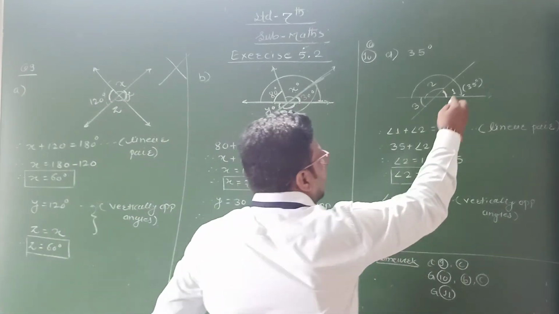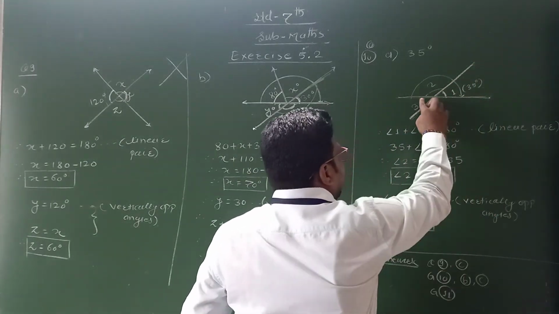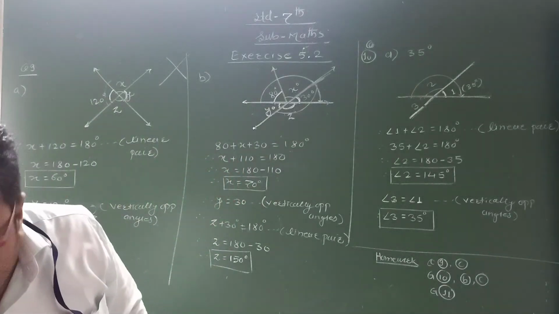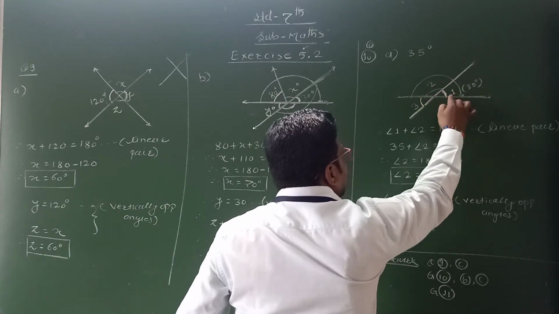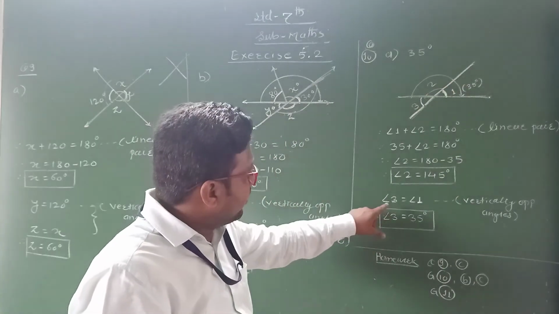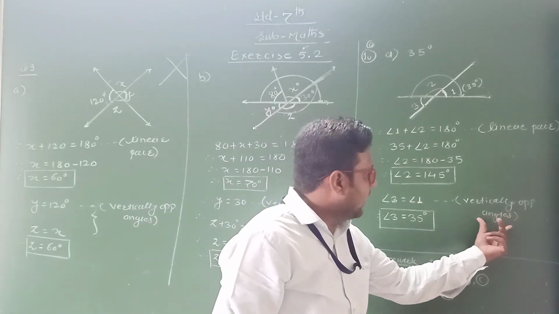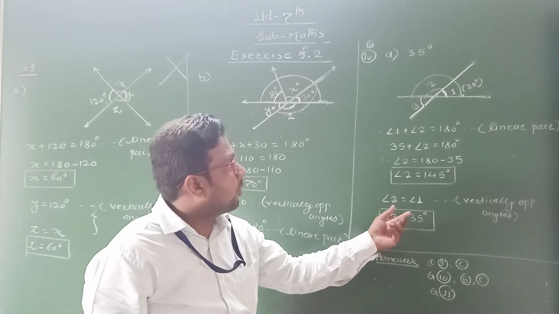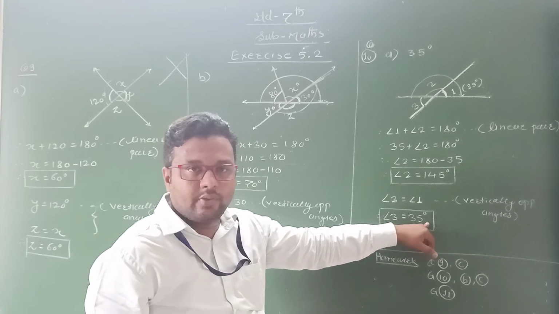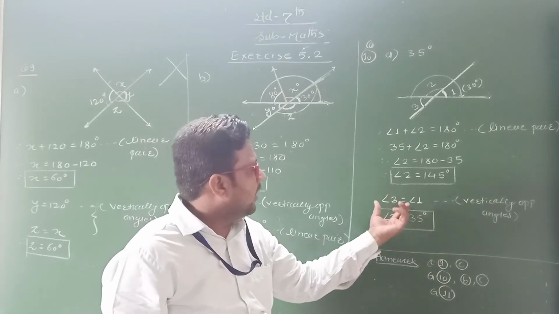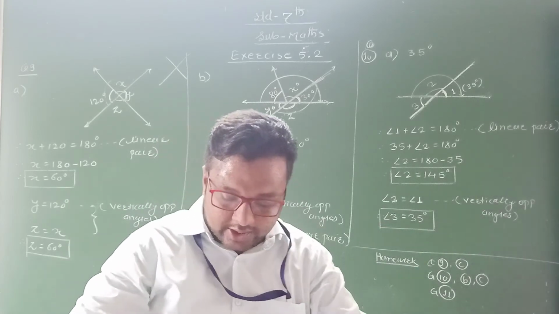Okay. Then to find out the angle 3. Now see, these two lines are intersecting. Okay. Form the vertically opposite angle. Now pair of vertically opposite angle is what? Angle 1 and angle 3. Therefore these two angles are what? Equal. Therefore here I write angle 3 is equal to angle 1 and this is vertically opposite angle. Therefore angle 3 is equal to angle 1 already given, that is 35 degree. Therefore angle 3 is equal to what? 35 degree. This is the answer. Angle 1, this is angle 2 and this is angle 3. Clear student? I hope you understand this question.